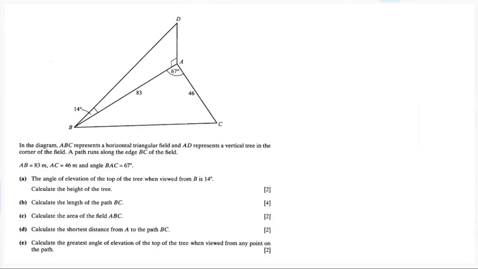We have this diagram ABC that represents a horizontal triangular field, and AD represents a vertical tree in the corner of the field. Okay. So ABC is horizontal triangle field. अब देखिए ABC है ना, this is horizontal. ये flat जमीन के ऊपर पड़ी हुई है triangle, right? It's on the floor. आप इस तरह इसको visualize करें कि जमीन के ऊपर horizontal triangle पड़ी हुई है, ठीक है? जमीन के ऊपर horizontal आपकी ये triangle पड़ी हुई है, लेकिन